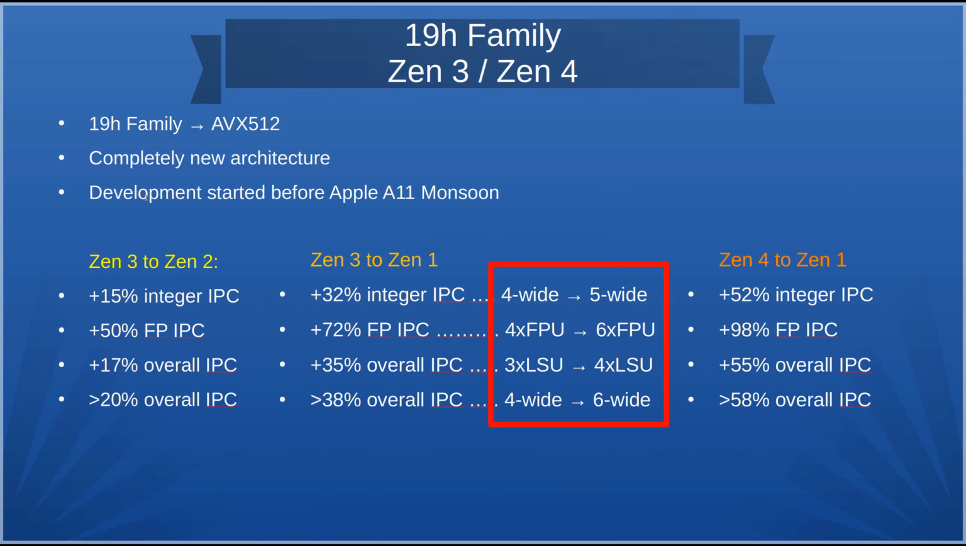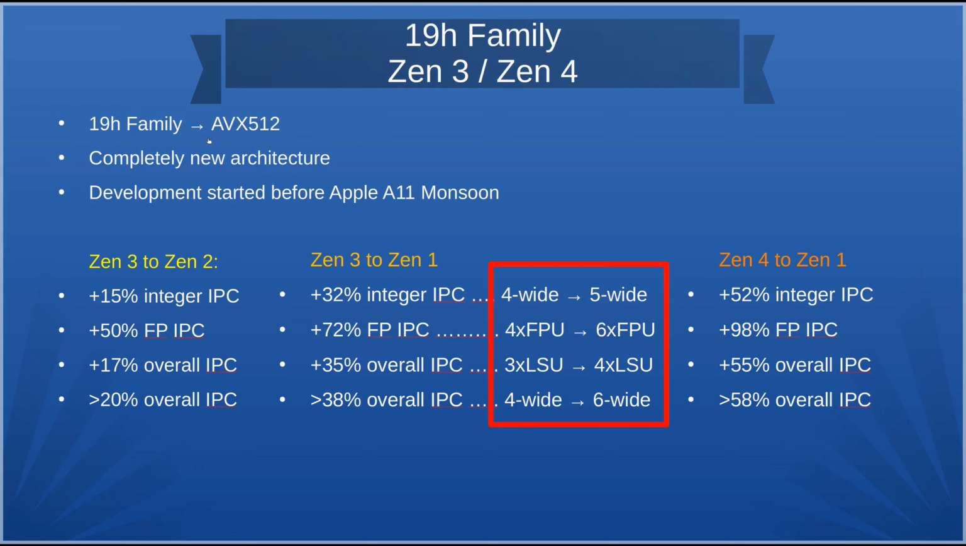The next thing we know from AMD is that it will have a new family number, probably the 19H family, which actually means some big changes in the architecture or new instruction set support. So Zen 3 might have AVX512. And the evidence for this is actually from the software optimization guide from AMD for the Zen 1 and Zen 2